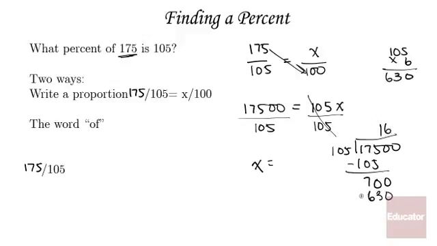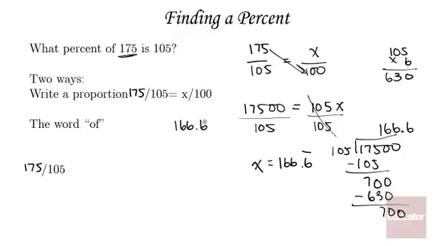630. And I get 70. Bring down the 0. And it'll go in perfectly. It'll go in again 6 times. And it seems that it's going to be repeating the 6. So we could say 166.6 repeating. So that is 166